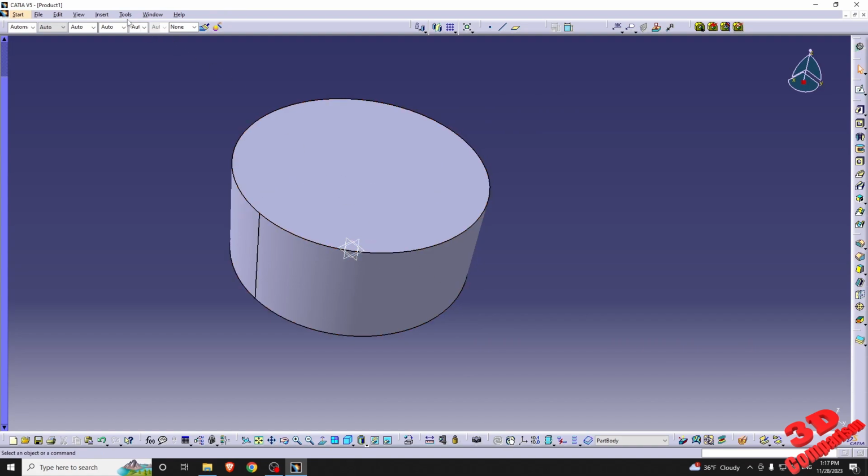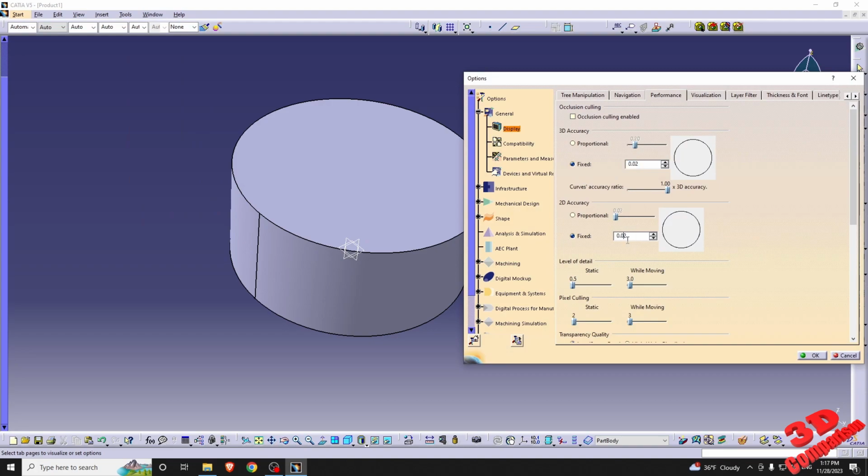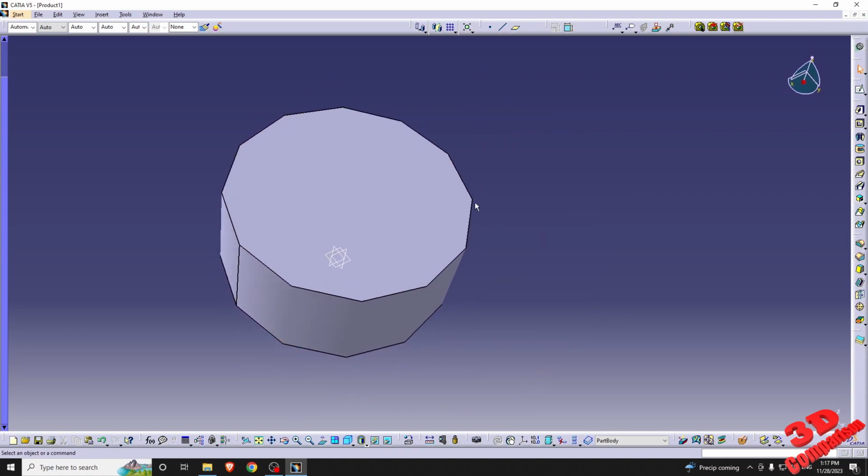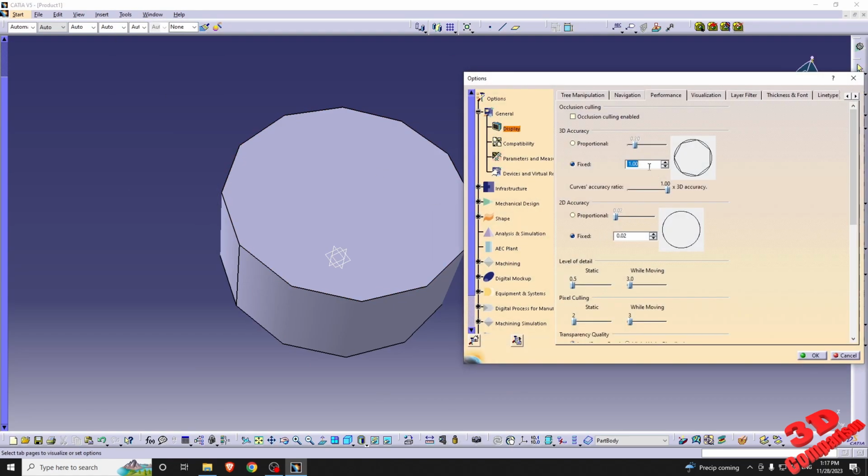So we see that, and you can also change the 2D accuracy. As you can see, we have it by default on 0.02, so that is usually a good value. But this is really important, the 3D accuracy. For example, if I take this all the way up to 1, we're going to see how that circle will look mostly like a polygon, as you can see over here, with multiple edges. So this is a really important change